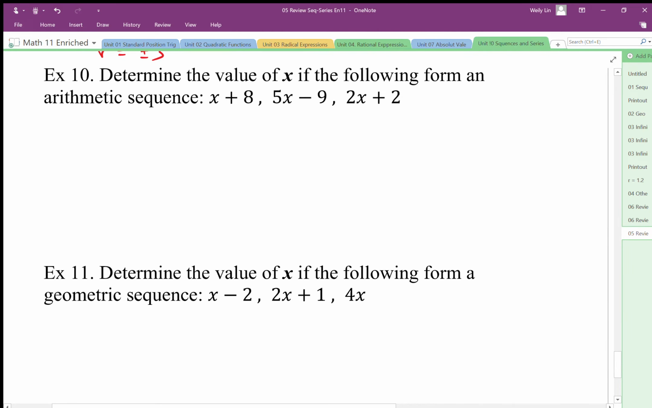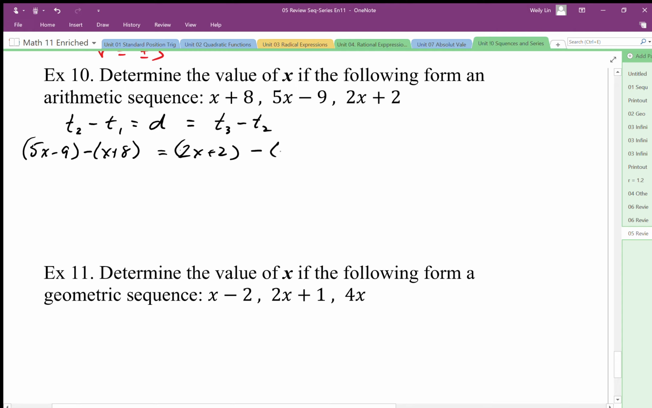Here we have an arithmetic sequence, and we want to solve for the value of x. Well, we could make an equality by doing this. We can say that t2 minus t1 is equal to the common difference. We could also say that t3 minus t2 is also equal to the common difference. By doing that, we end up with 5x minus 9, t2 minus t1, which is x plus 8, is equal to the common difference, which can also be expressed as t3